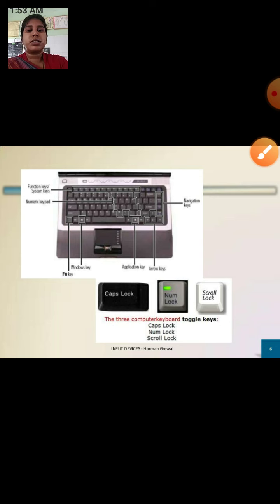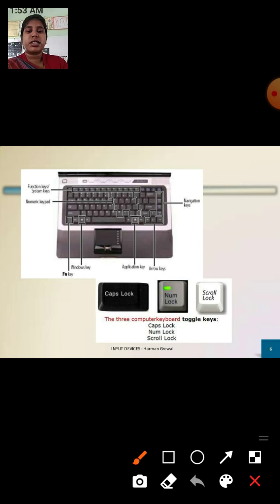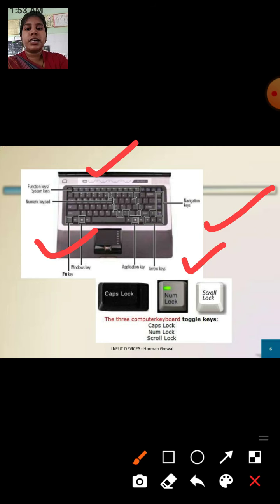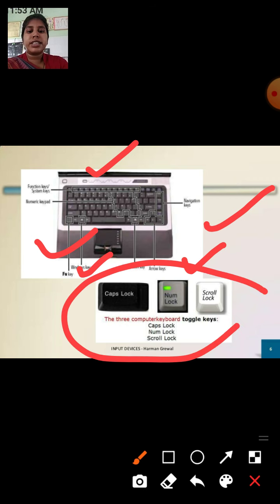Now here you see the block diagram of the keyboard structure: function keys, numeric keypad, navigation keys, application keys, arrow keys, here the Windows key, and one term that is not familiar to you, that is, what is a toggle key.